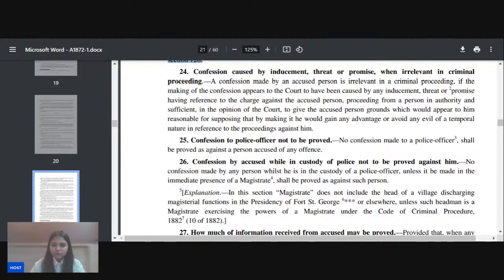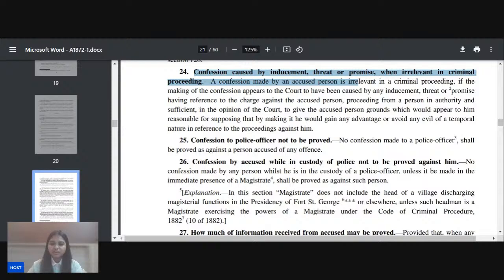Come to section 24. Confession caused by inducement, threat, or promise is irrelevant in criminal proceeding. All these sections are very important, starting from 23 till 30, 31. This chapter as a whole is important. So any confession caused by inducement, threat, or promise is irrelevant in a criminal proceeding. Tell me,